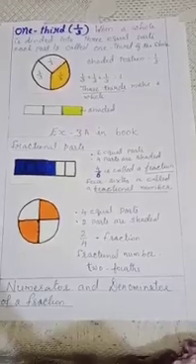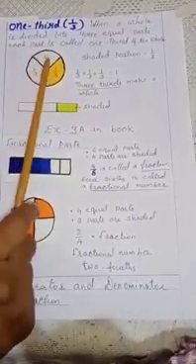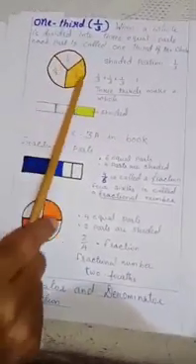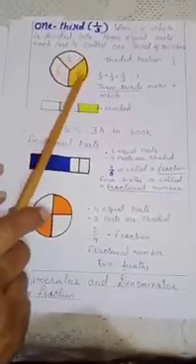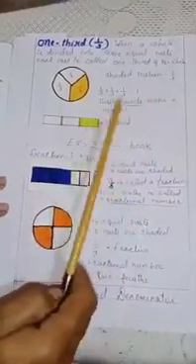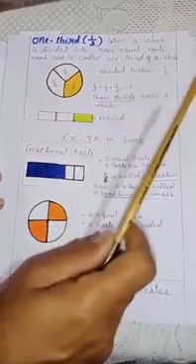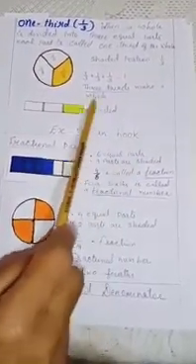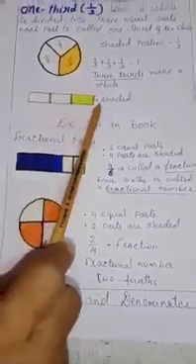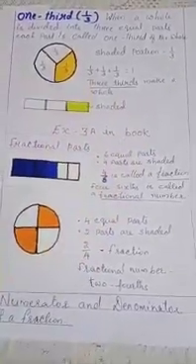Now 1/3. When a whole is divided into 3 equal parts, each part is called 1/3 of the whole. Here you can see a circle divided into 3 equal parts. Each part is 1/3. So the shaded portion you can write as 1 by 3. So 1 by 3 plus 1 by 3 plus 1 by 3 is equal to 1 whole. 3/3 make a whole. In another figure, a rectangle is divided into 3 equal parts. One part, that is 1 by 3, is shaded.